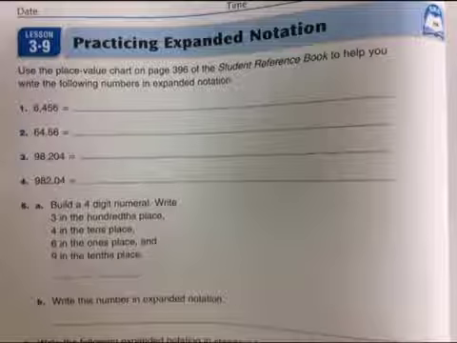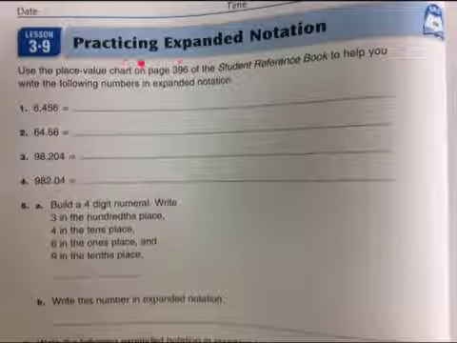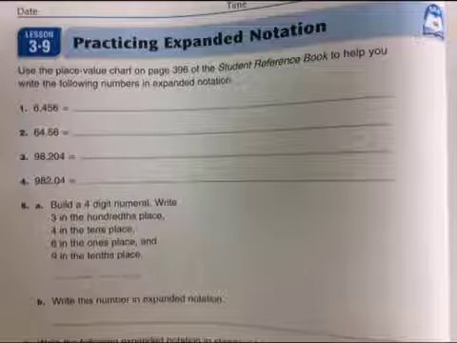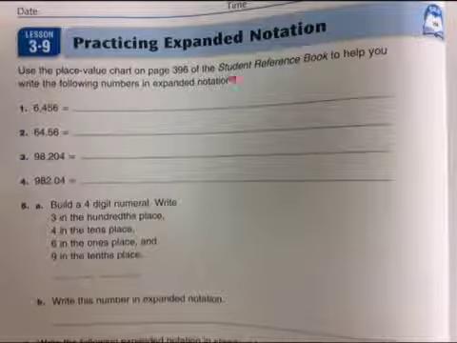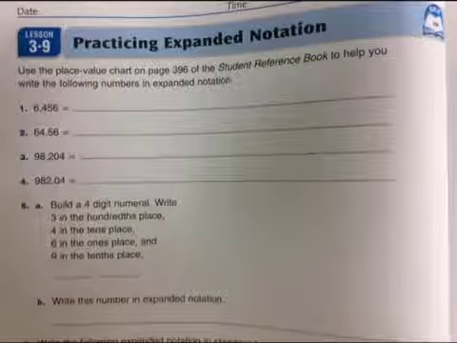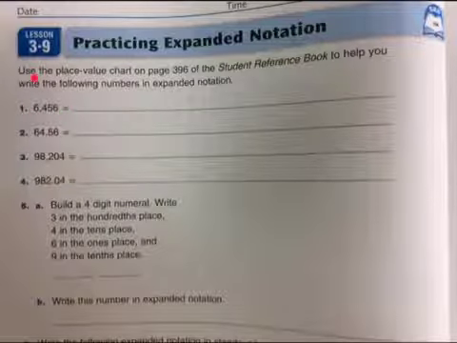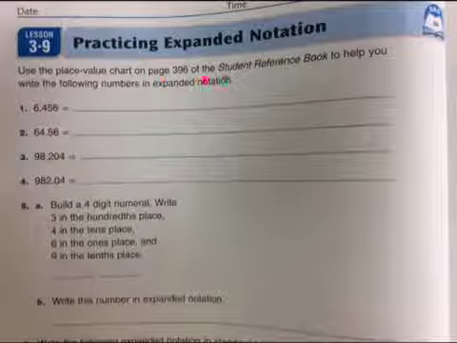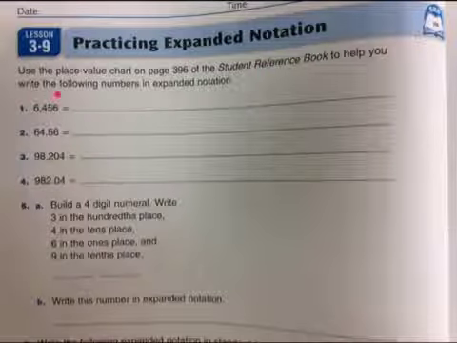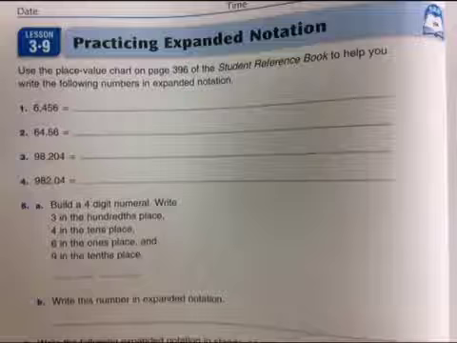For page 90, we have a review, practicing expanded notation. This is something we have done earlier this year. You can also use your student reference book if you brought it home with you. If you have not, let's just do one and you can do the rest the same way. Use the place value chart on page 396 of the student reference book to help you write the following numbers in expanded notation. So let's do